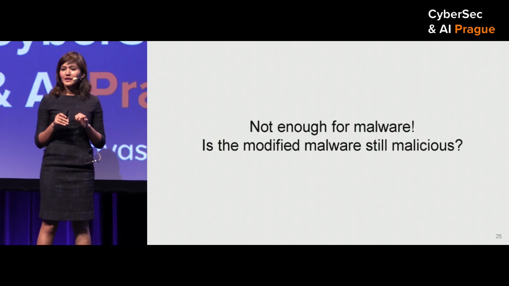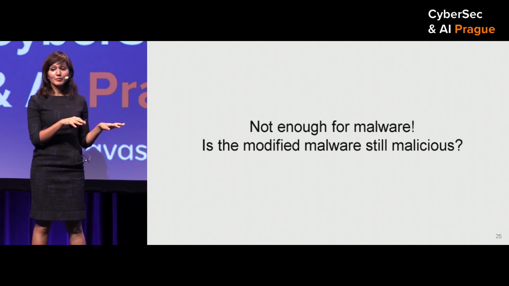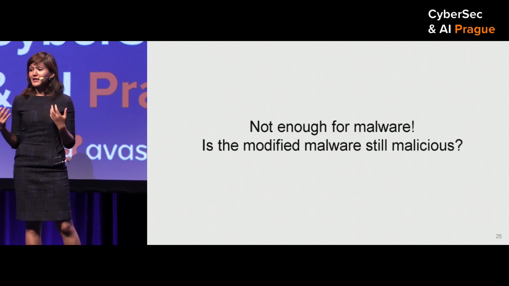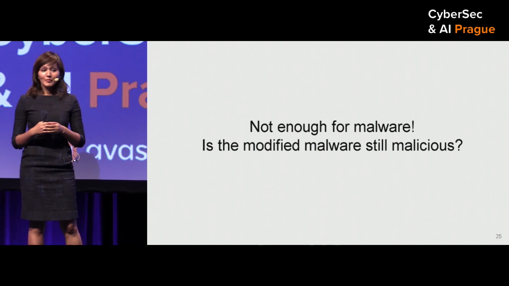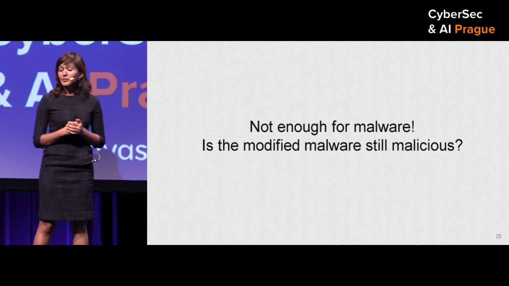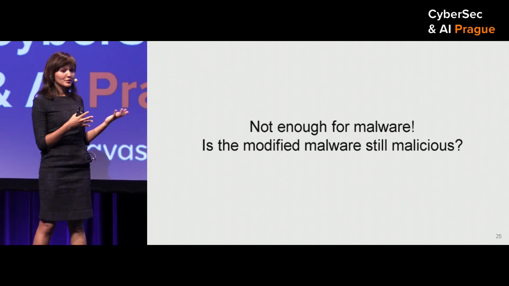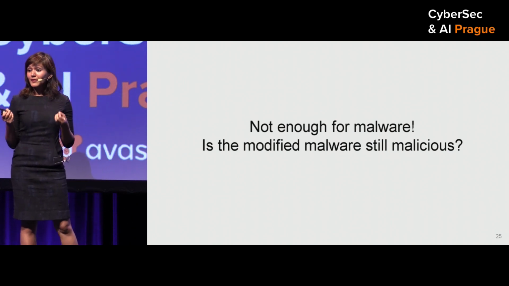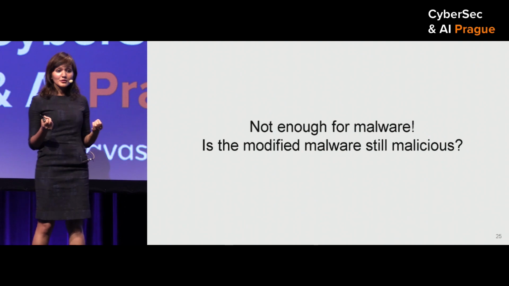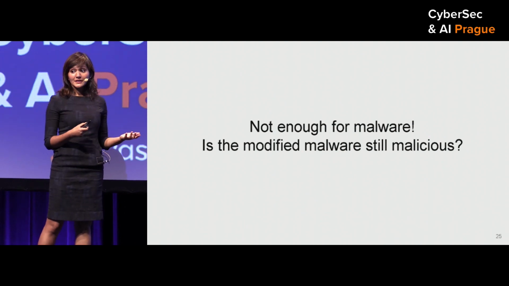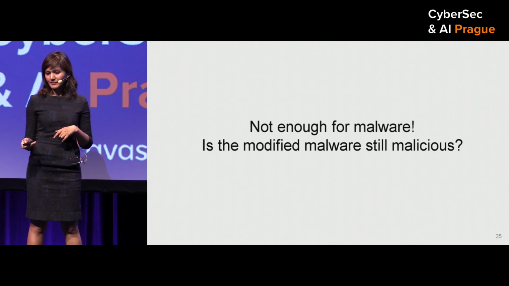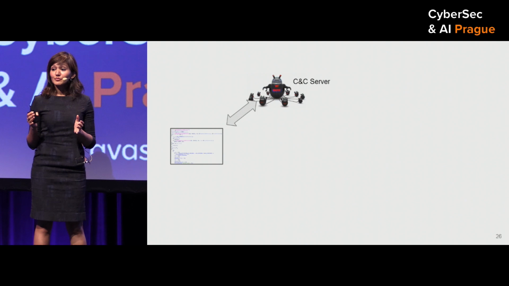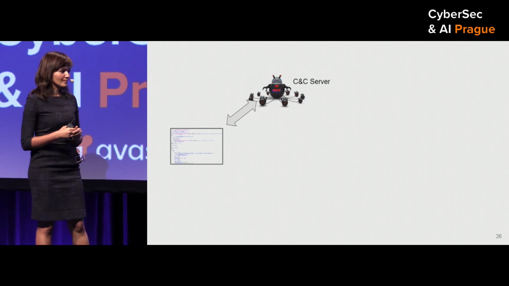This is a great way to evaluate your adversarial examples if this is an image, because for images, we can verify valid adversarial attacks just by looking at them. But it's not enough for malware, because for an adversarial malware, the main question we want to ask is, is this modified malware still malicious? And unfortunately, just the answer of the malware detector does not help us answer this question. So let's see two examples in cases where the modified malware is not malicious anymore, but it evades classification.